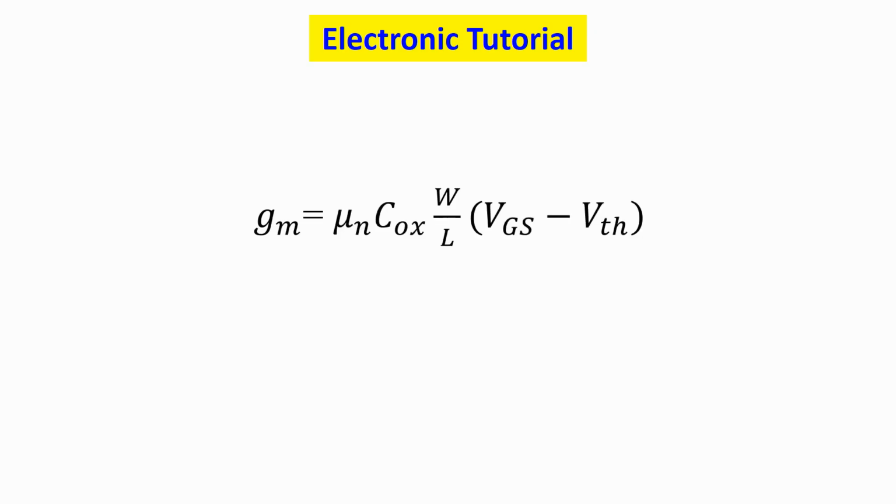This is Ehsan, and in today's video we're going to talk about the transconductance of MOSFET. This is gm, what we call transconductance, and the extraction of formulas for this parameter. This is a typical formula for gm, but we have two other formulas as well, and I'm going to prove it for all of you. But be careful, the transistor must work in saturation region so that we use this